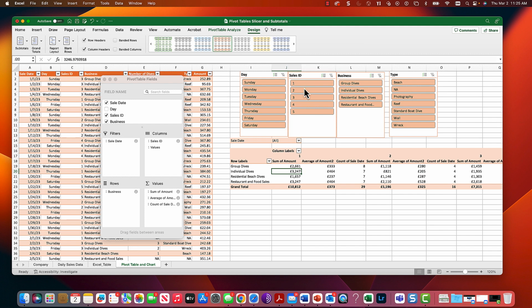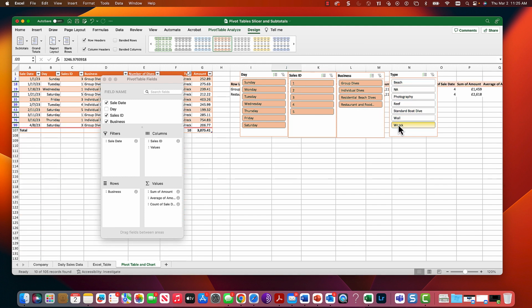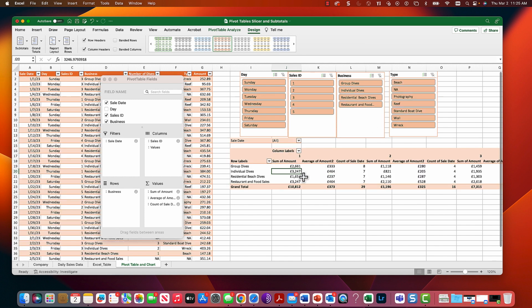So these are slicers. So if I go rec dives here, it changes everything. It'll price my whole table. Well, lovely. By type. Let's kill that filter and take a look at what we did. Come back to it and say, maybe I shouldn't put sales ID up here. We can think about what we're going to do and then analyze it. What we'll do is we'll change it again from the sales ID was salesperson 123. That was fine actually. But when I went to rec dives,